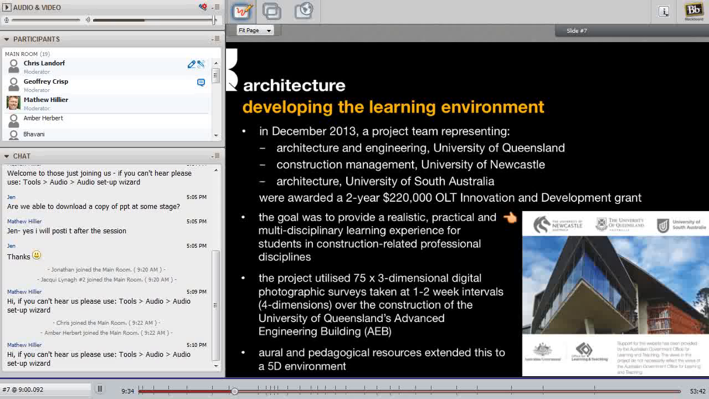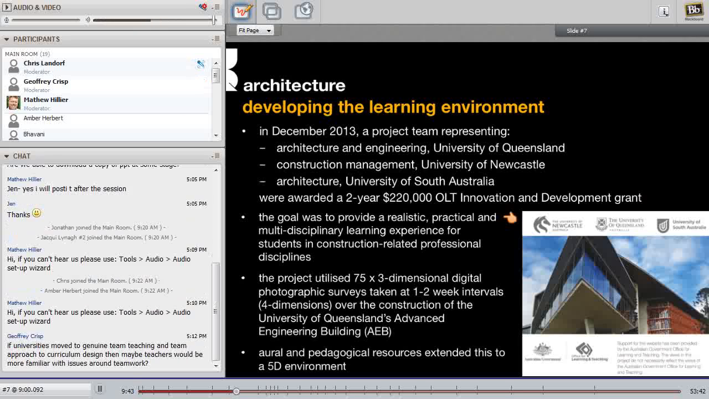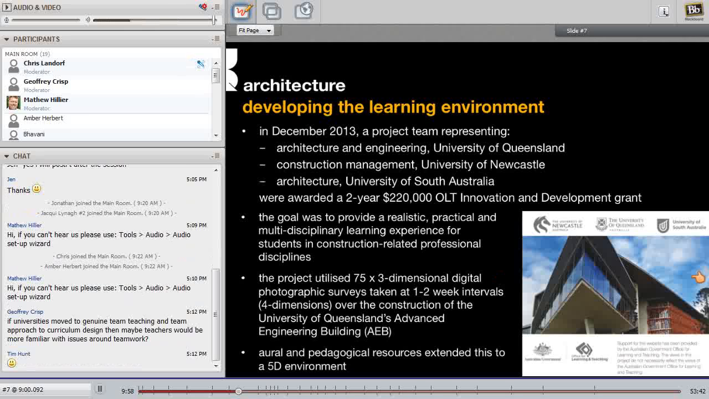The primary goal was to provide a realistic, practical and multidisciplinary learning experience for a number of different professions. As I say, we had these various professions up here: architecture, engineering, construction management, and a second lot of architecture students at UniSA. What we started with, we had a fairly major building, and you can see it down here on the bottom right-hand corner. $130 million advanced engineering building, and luckily we got in just as that building had been approved and had started